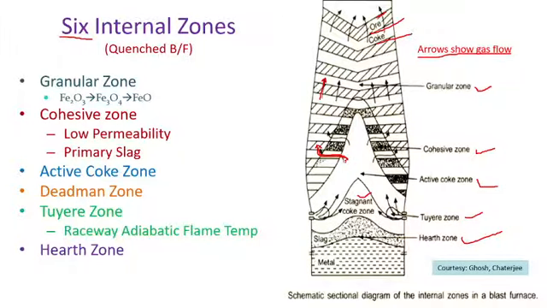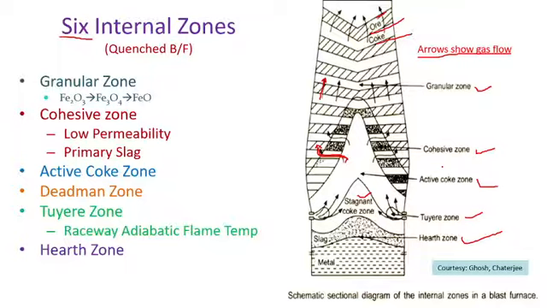Okay. So due to fusion, the slag formed here contains a large amount of FeO. Therefore, it has a low melting point. It is known as the primary slag. Cohesive zone slag is called your primary slag. It is a viscous one. Okay, this is your primary slag.